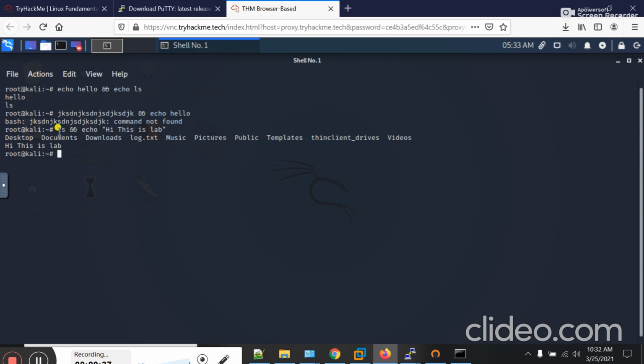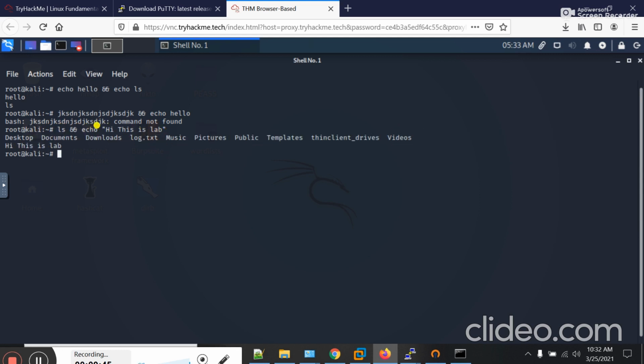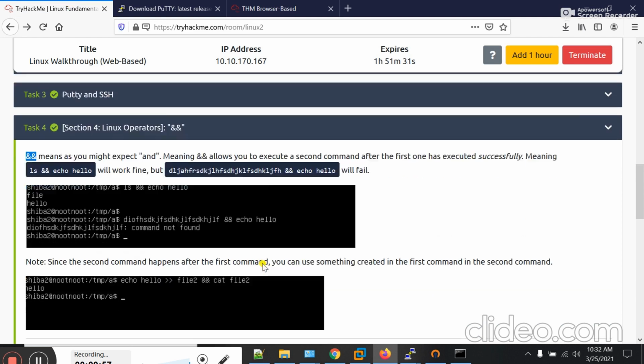So students, first ls command is executed, ls command shows all the content and then echo command prints this content. Hope you understand the concept of double ampersand sign.